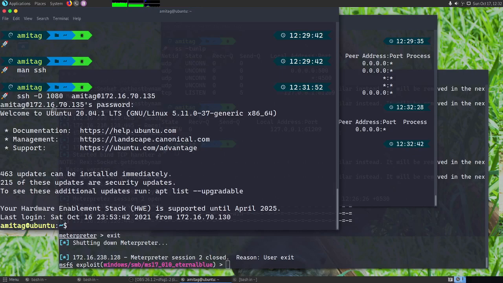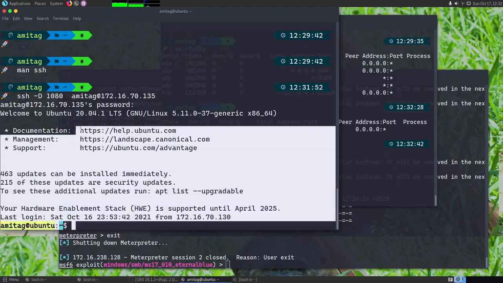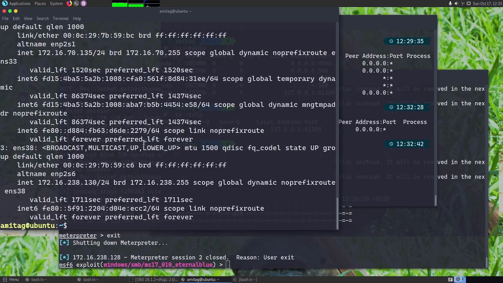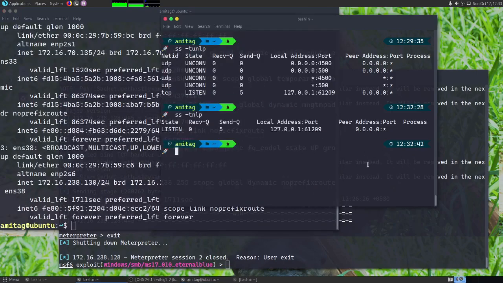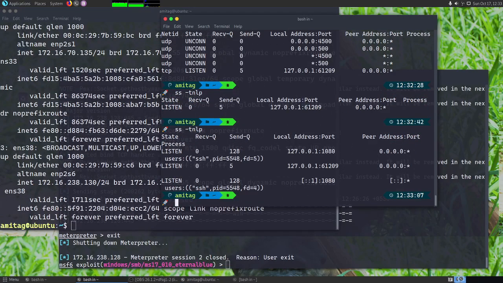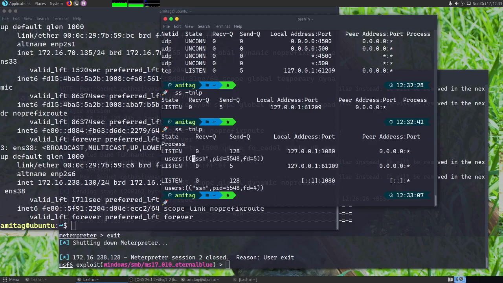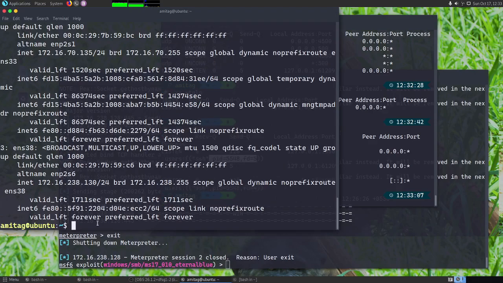So once we have logged in, there is no change. We have logged into the Ubuntu server as usual, and I can do an ip address here to see the addresses that we are seeing on the remote host. But what we will see here is that now we have port 1080 opened, and this is opened by SSH PID 5548. This is the command that we have used here to connect to the remote host.